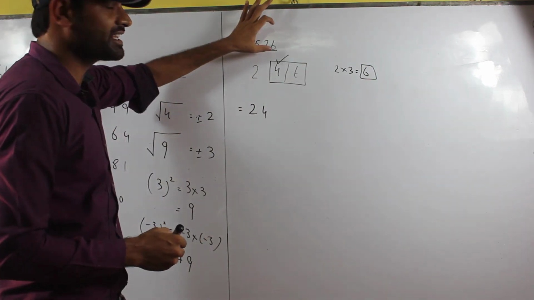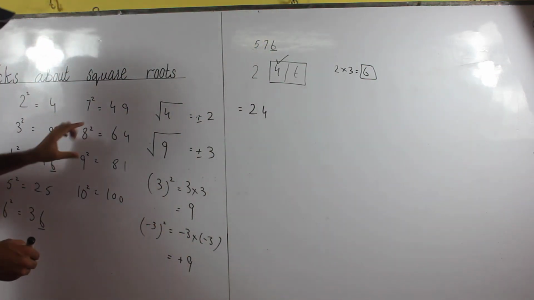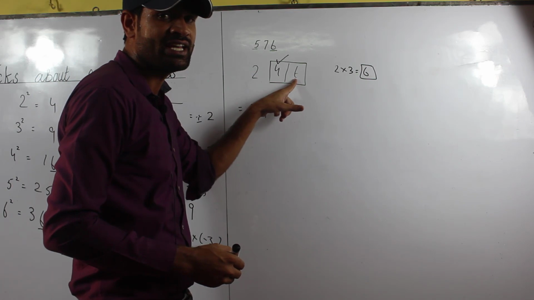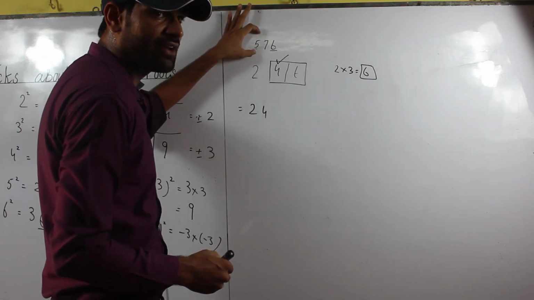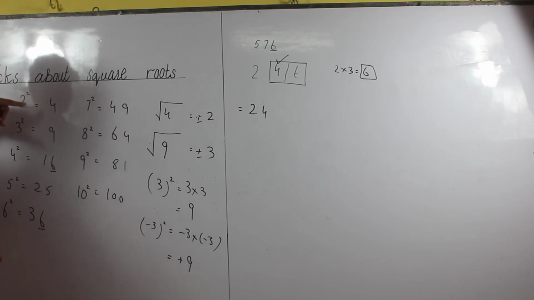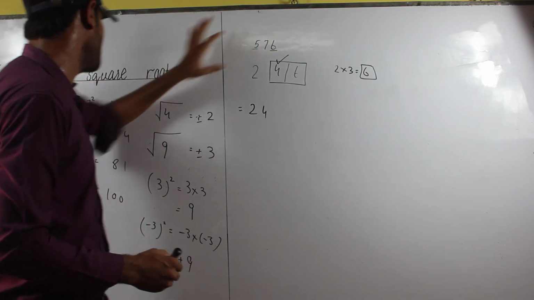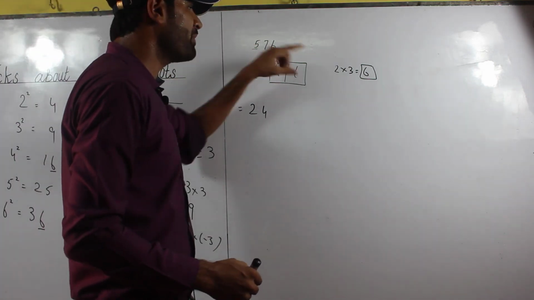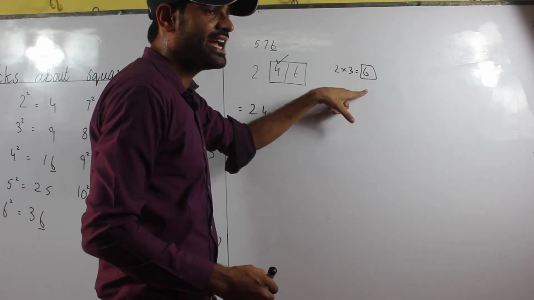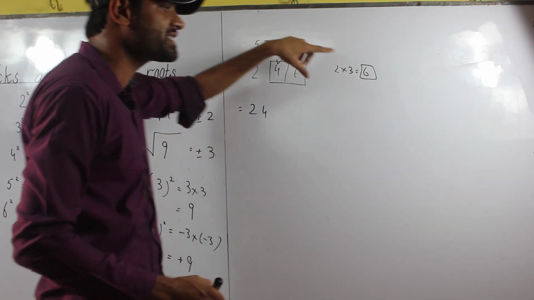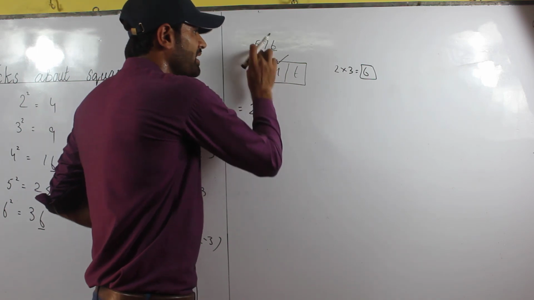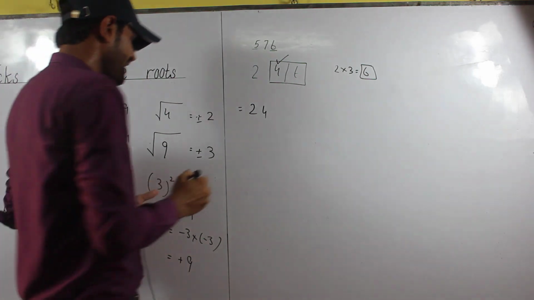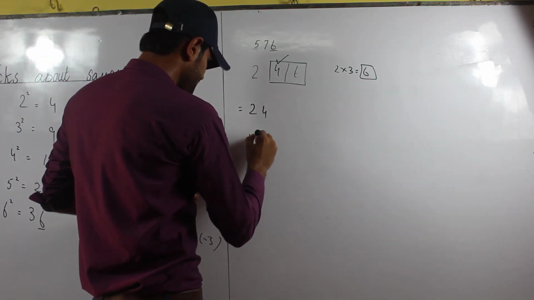Look again: first I check the last digit. I have 6, so 4 and 6. Then I check the remaining number 5, and look for which perfect square is close to it. That is the square of 2, which is 4, near to 5. So I choose 2, then multiply with the next number, 2 threes are 6, and compare with this number. 6 is greater than 5, so I choose the smaller number, because 5 is less than 6. Then again I take a different example.